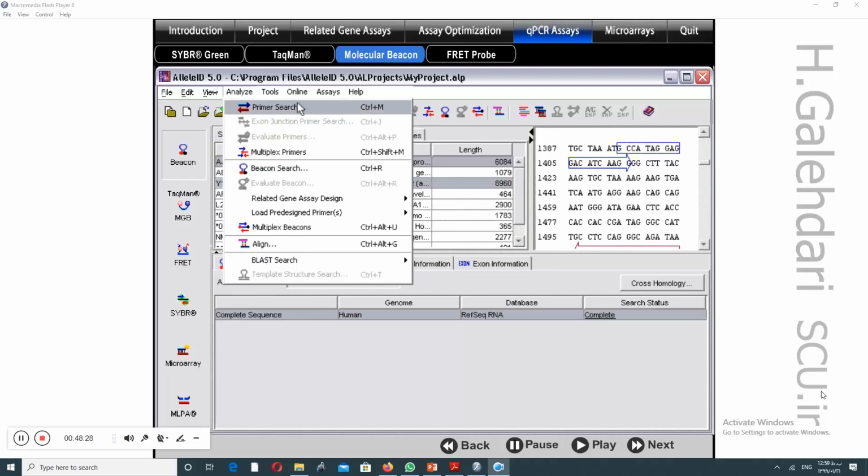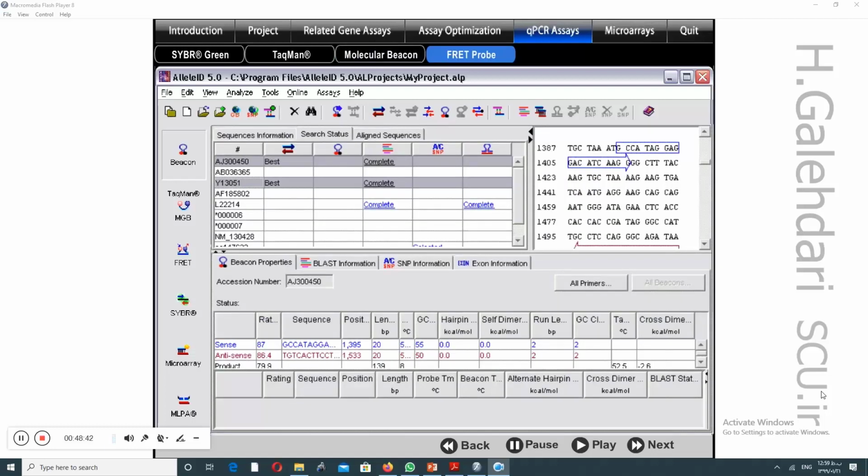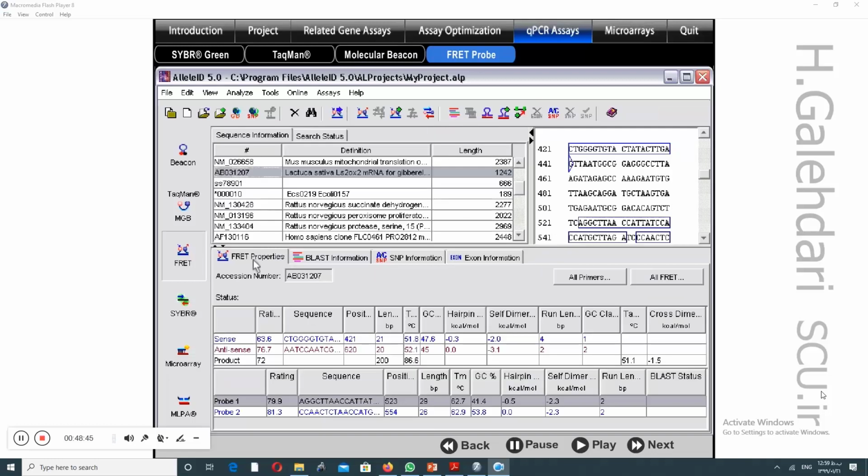You can select up to 5 sequences and check the multiplex option to design a single-tube multiplex reaction. Allele ID checks for cross-dimers among all primers and probes of the sequences, preventing competition. To design FRET probes, switch to the FRET mode. The program designs 2 FRET probes and a compatible primer pair in the same search run. Default parameter values are optimized for FRET assays. This mode is similar to the TACMAN assay, except that allele discrimination and multiplexing